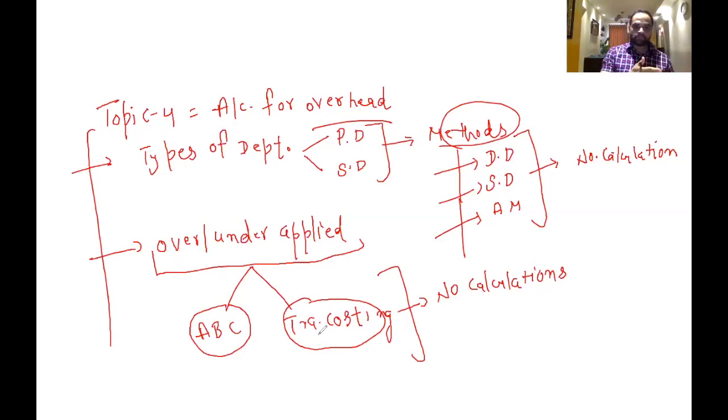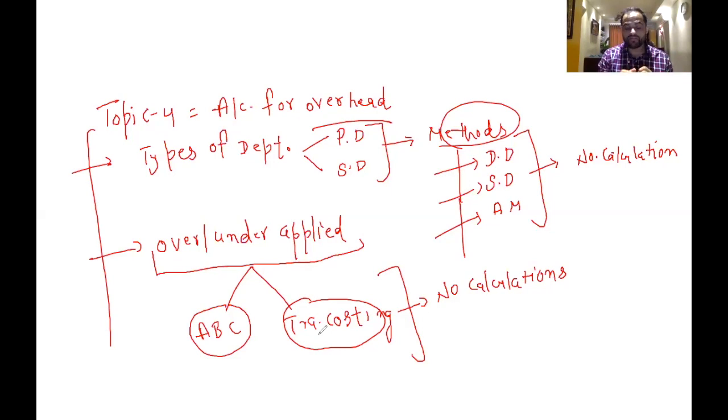What are the steps involved in ABC and the steps involved in traditional costing? Which method provides more accurate allocations of overheads? Of course, ABC, because ABC focuses more on the activity. Traditional focuses much more on machine hour or labor hour, but ABC focuses on cost driver or cost pool. Cost pool divided by cost driver is the way to allocate overhead cost in ABC. In traditional costing, we just use machine hour or labor hour, whichever is higher.